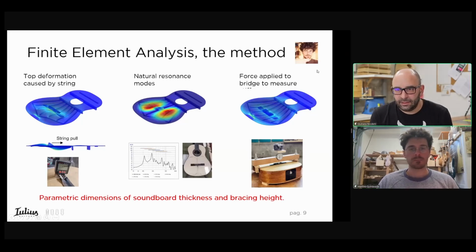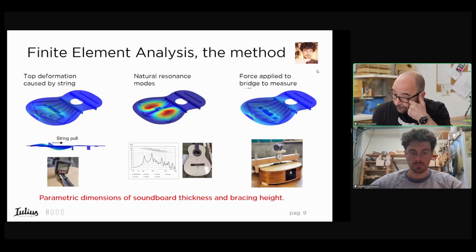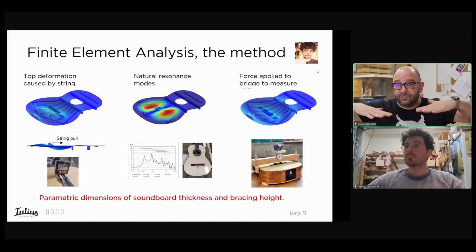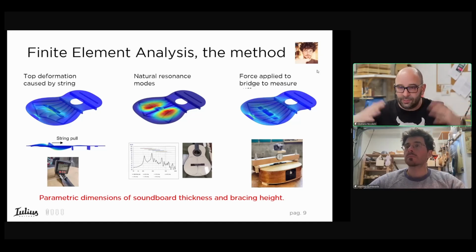I am adding here that if you want to clamp the soundboard to a support, it is very, very important, if you use a radius, to replicate the radius on the edges of the support, and to pay attention to the clamping system, because it can vary quite a lot. If you use a radius on the soundboard, the soundboard will be radiused, and when you clamp it to a flat edge, you will add stress in the material. And also when you clamp,